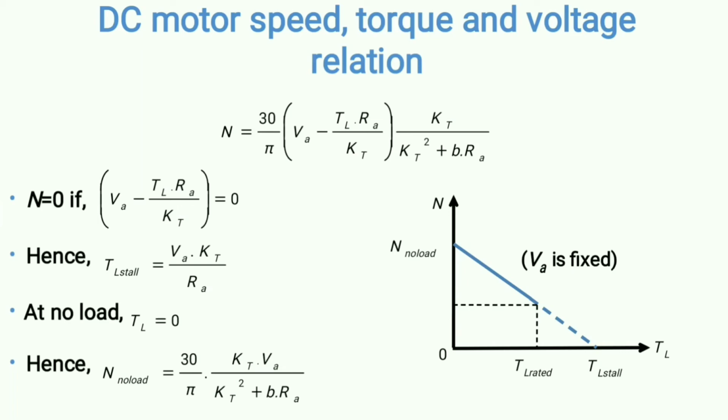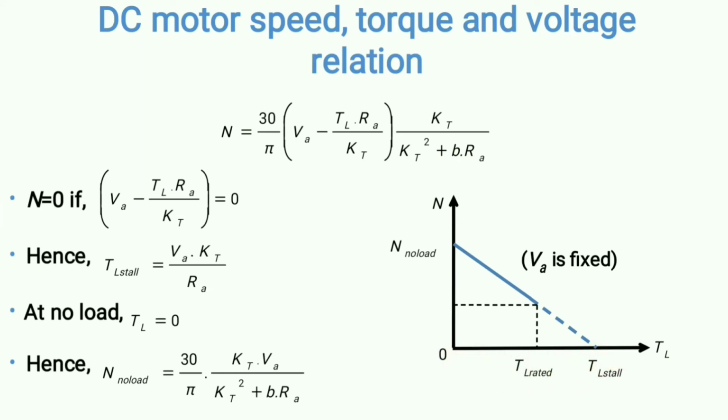So normally the motor is kept up to this limit, okay. That is why after this point I have shown it by a dotted straight line. Okay, so normally the speed varies in this range, all right. But if you still try to increase the load further, then speed will decrease, and one point will come when speed will be completely zero, and that will be called stalling torque. So this is the overall view of this graph, okay.